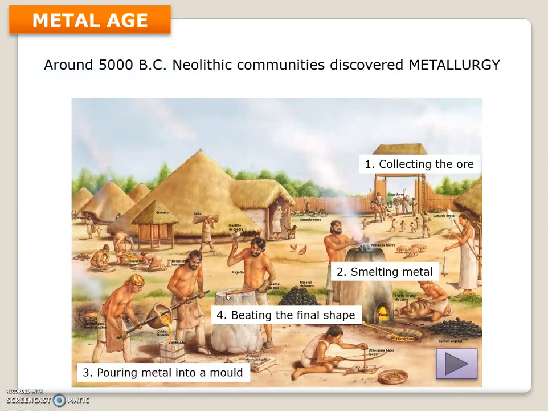The last phase is beating the metal with a hammer to get the final shape, and sometimes rubbing or polishing the surface to get a better surface. Here you can see, for example, a video